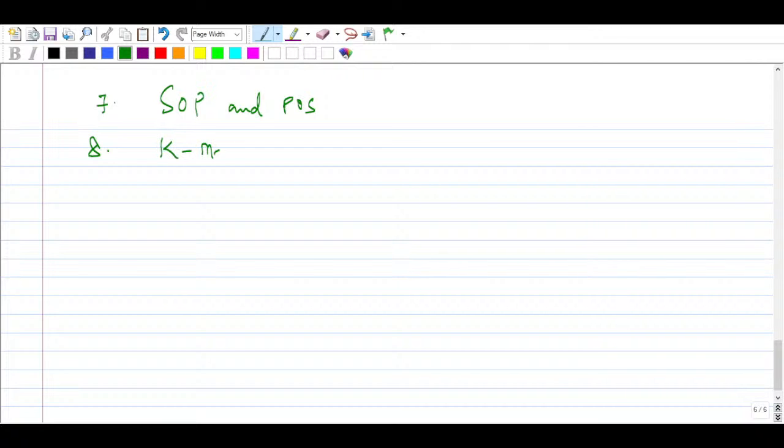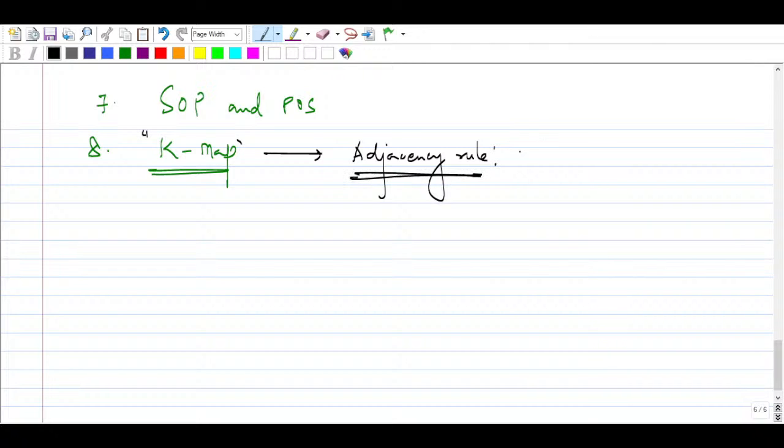That is the K-map. You will understand the K-map once I tell you here. We will introduce one important concept, that is the adjacency rule. If you understand the adjacency rule, there we will talk about Gray code. We'll use Gray code to fill the K-map. So any question you can do by inspection. And in case of Boolean algebra, while minimizing the given Boolean function, we will use different kinds of theorems, like the consensus theorem and De Morgan's theorem and so on.